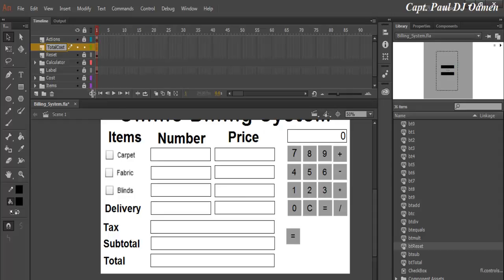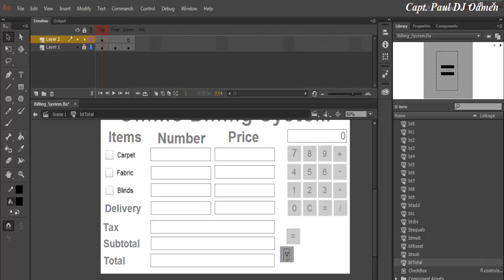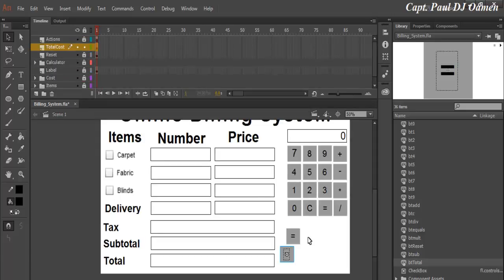For button total cost, let's grab BTN total, just place it right here, or reset here, whatever. Now double click on total cost. Well, before that, let's go back in here and just enhance total cost